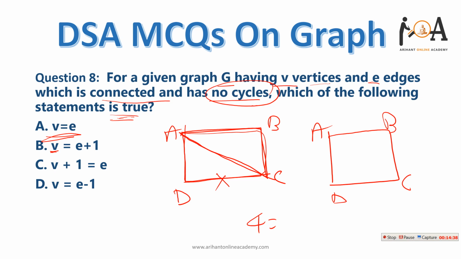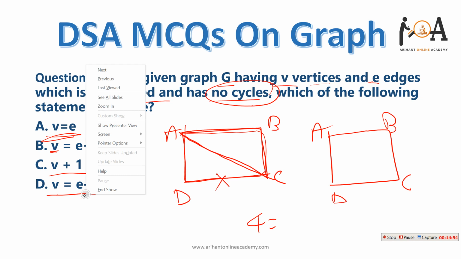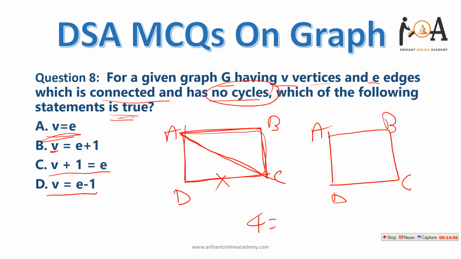So V equals E minus 1, and V equals E minus 1, so both options are basically here. If vertices is less than edges, it would be disconnected. Obviously it would be disconnected, because if vertices are fewer than edges, then you can say that it is disconnected. So options C and D are out of context. I think you can get it.